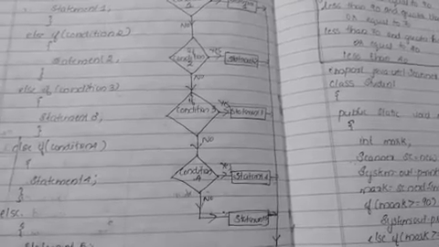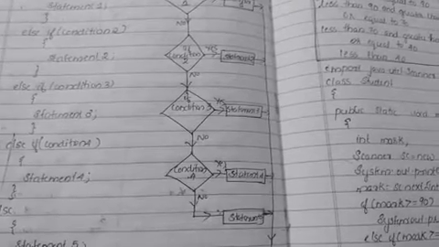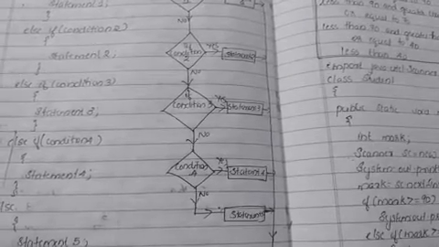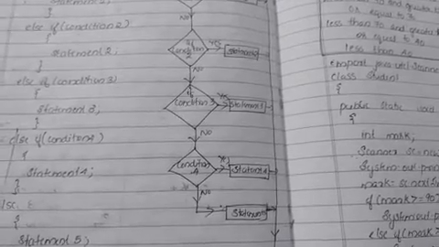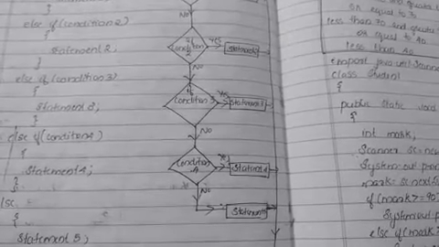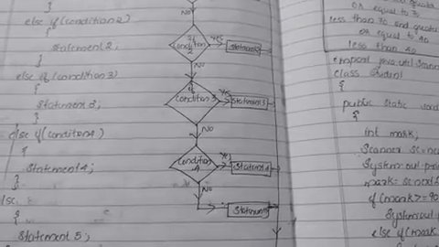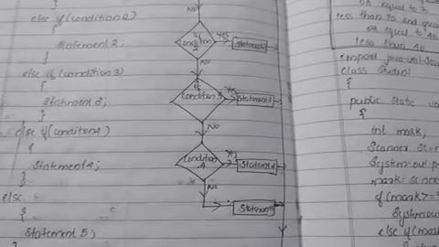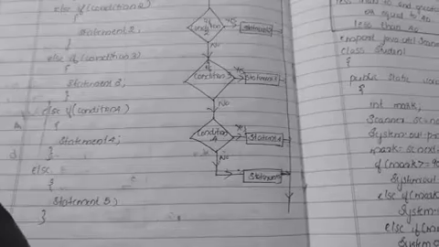If condition 2 is false, then we will move on to check condition 3. If it is true, then statement 3 will be executed. After that we will come to the end of the program for the next statement to be executed. If condition 3 is false, then we will move on to the next condition to be checked. If it is true, statement 4 will be executed and we will come to the next statement to be executed. If condition 4 is also false, then we will execute the else part. That is, the else part and its associated statement will be executed. Then we will come to the remaining set of statements.